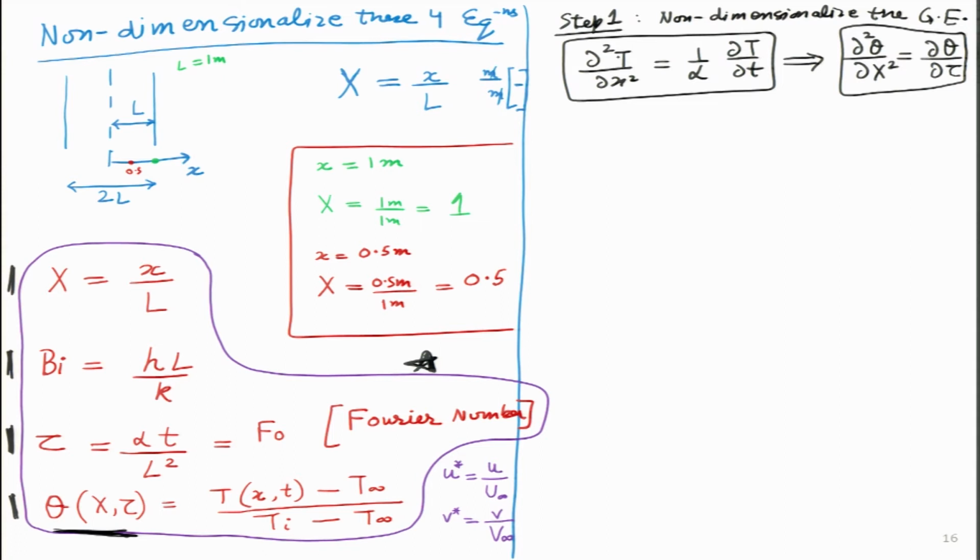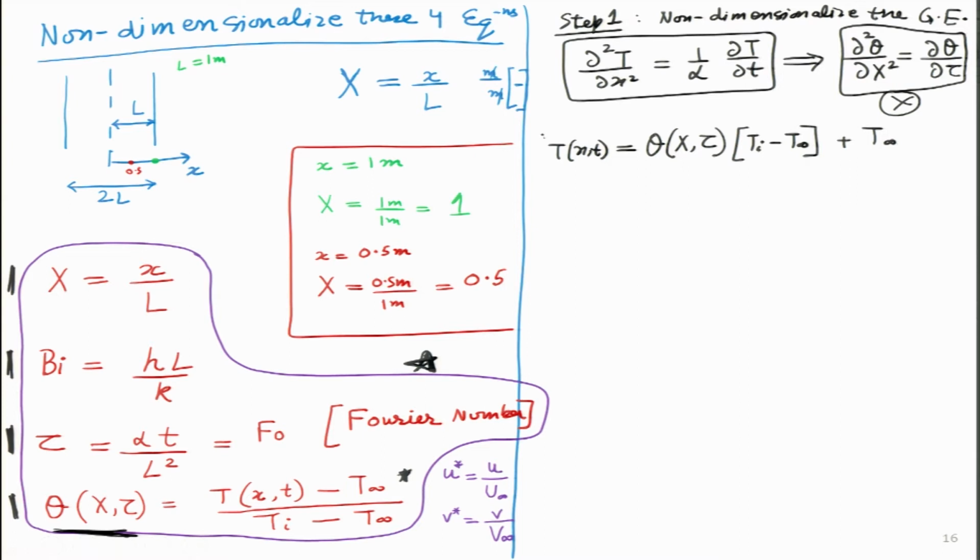Now, because already I have del square T by del x square, from my point of view, let us forget this thing for a moment. Do not pay attention to the final answer. We have more familiarity with temperature. So, let me write this equation that I am putting with the black star again over here, but I will expand it in terms of T. If I put T on the left hand side, what will I get on the right hand side? The first term will be theta of capital X and tau multiplied by the denominator, which is simply T I minus T infinity, plus T infinity, right.